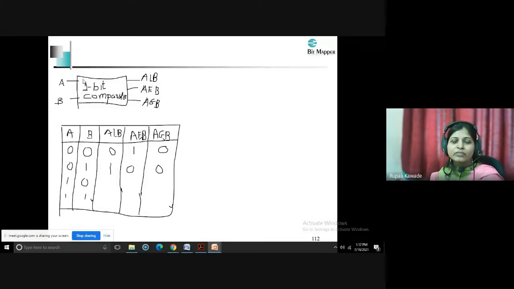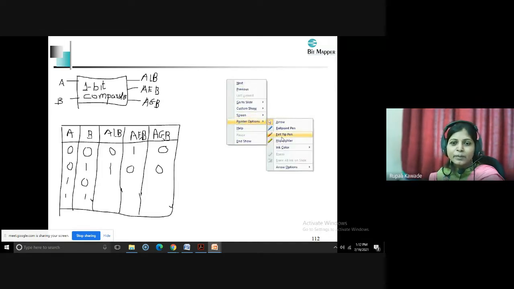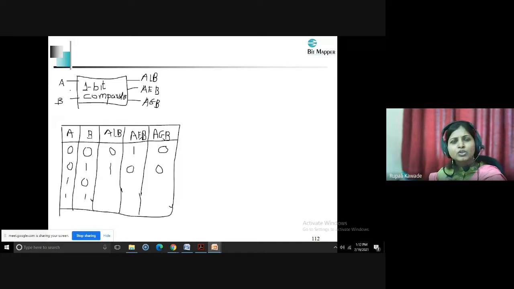Okay, fine. So the 1-bit comparator we have drawn, its inputs and outputs. A 1-bit comparator means it compares two numbers. So A and B are two inputs, and we can have three outputs, and only one of the outputs will be high at a given time. Why? Because for any two input numbers, either one will be less than the other, or both are equal, or the second will be greater than the first. So based on that, we are writing our truth table.